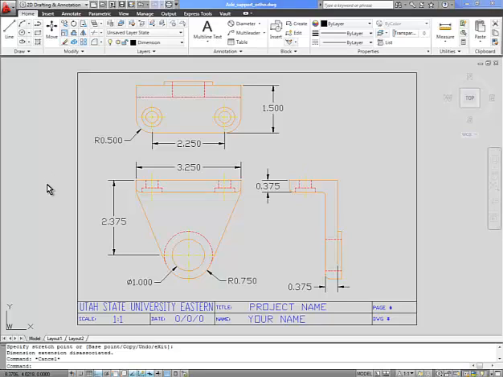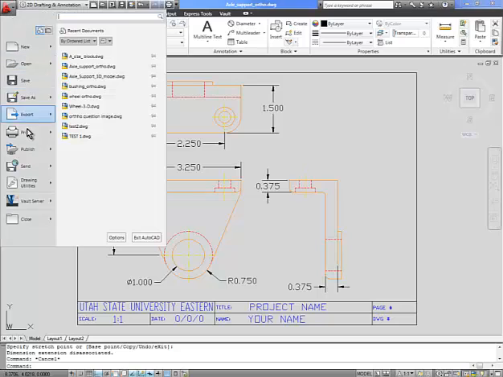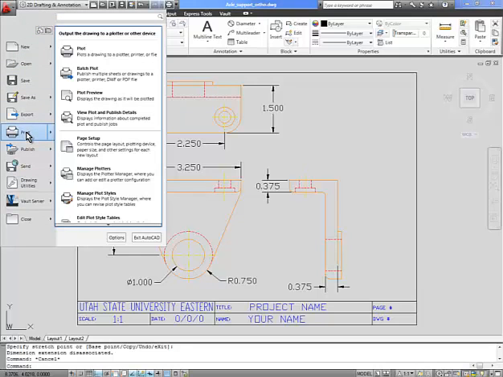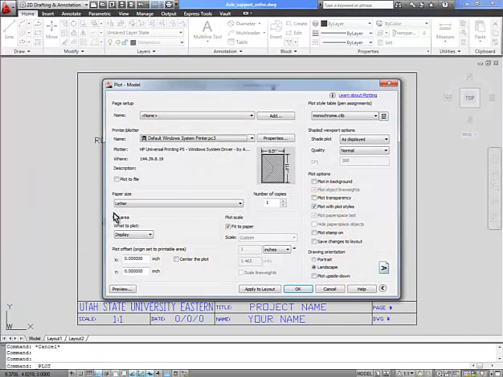There's two ways to access our printing dialog box. One is by clicking on the print icon up here on the menu bar. Another one is to select the application menu and select print. So you can select either way in order to do a plot or print. AutoCAD uses plot and printing interchangeably. So we will select the plot right here, and it will open our dialog box for the plot and model